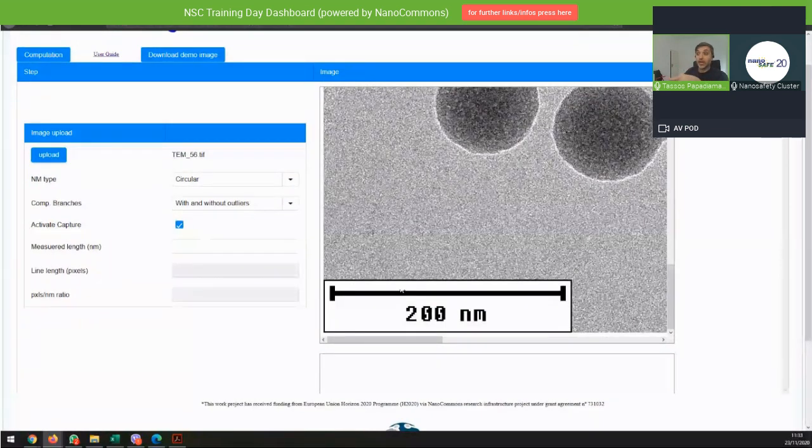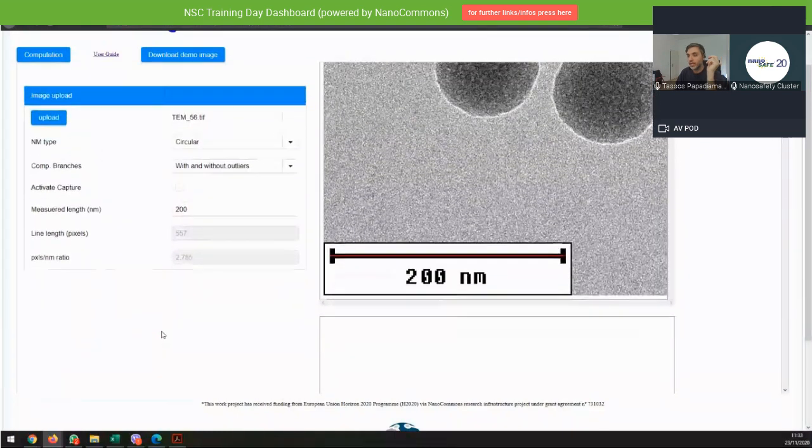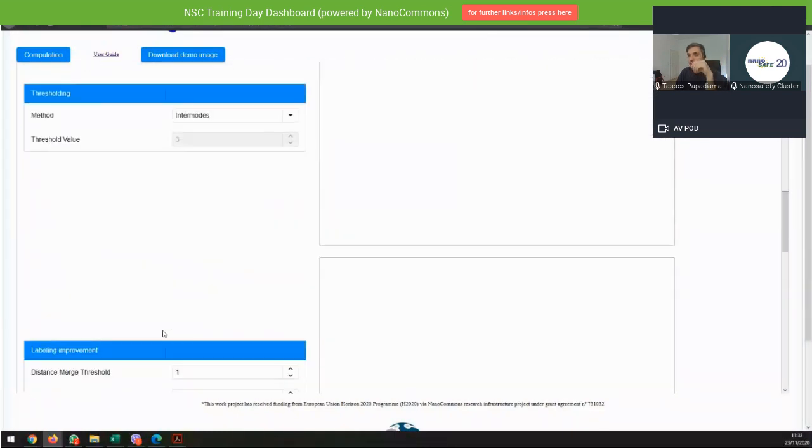I wanted to run this image, that's why I picked it, so that I can show what can happen if things go very wrong, if you don't do the correct scaling. So we pick the scale, we can tick, and then, wait.